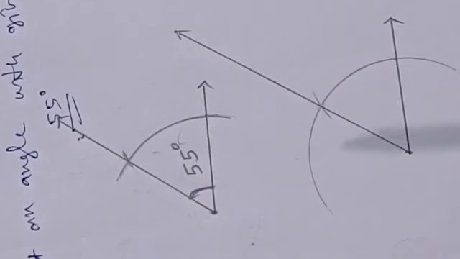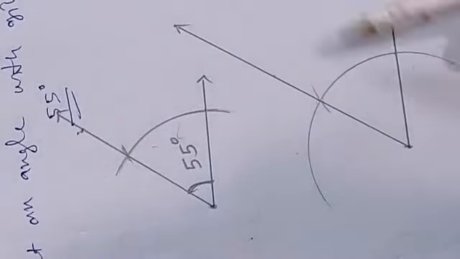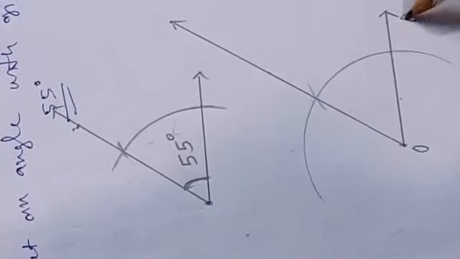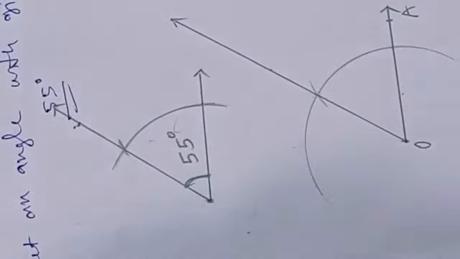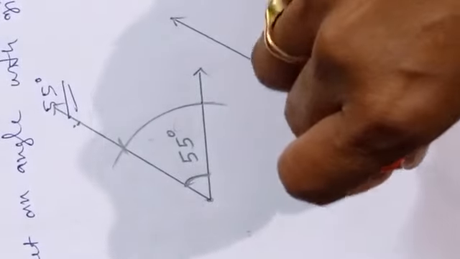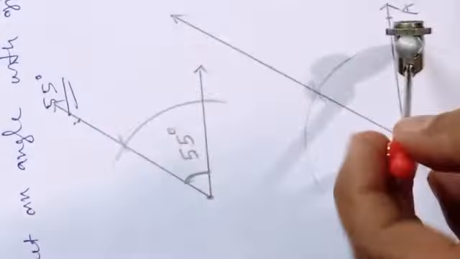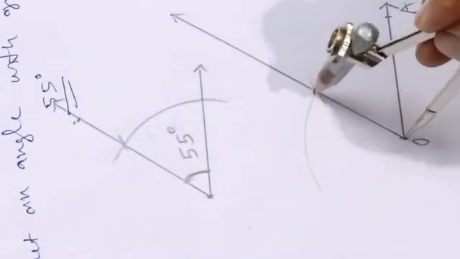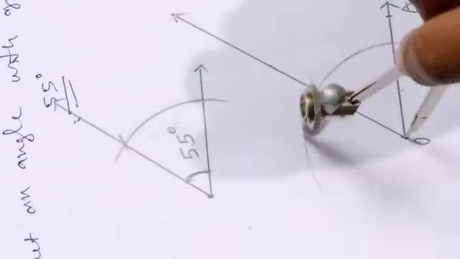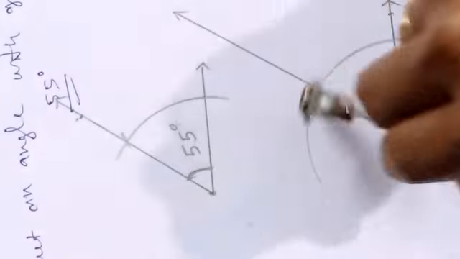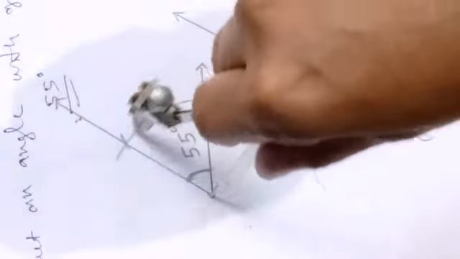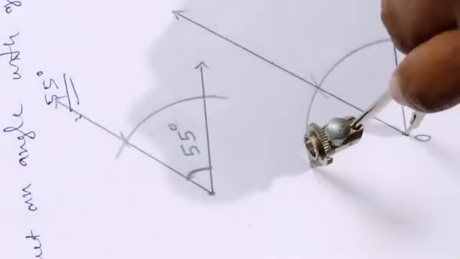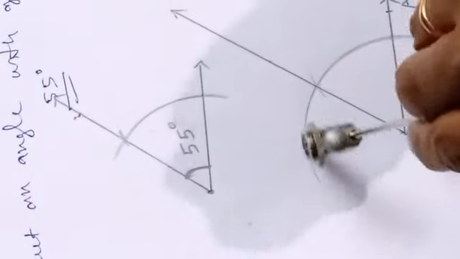I am repeating the steps again, what I have done in this case. First, in the first step I have taken this arm. Okay, you can name this one, let it be OA. That arm I have drawn over here. On that, I have taken one arc of any radius. For that, I have taken this arc by using my compass. Whatever radius it was, with the same radius I have repeated on this OA. Here that arc I have drawn.